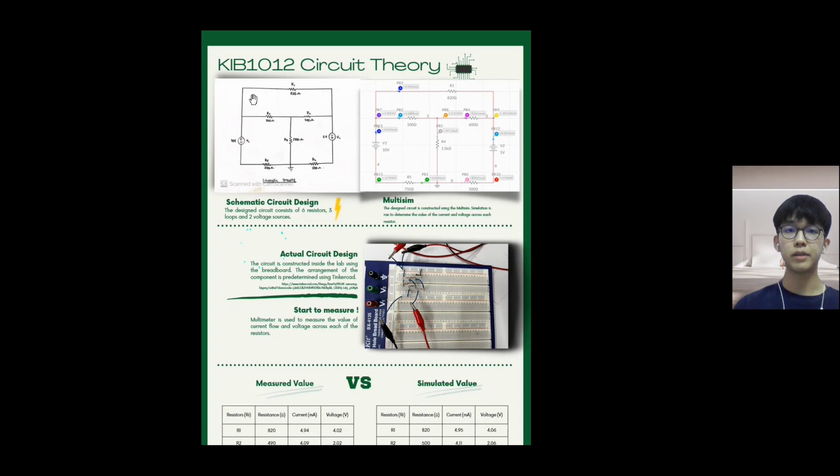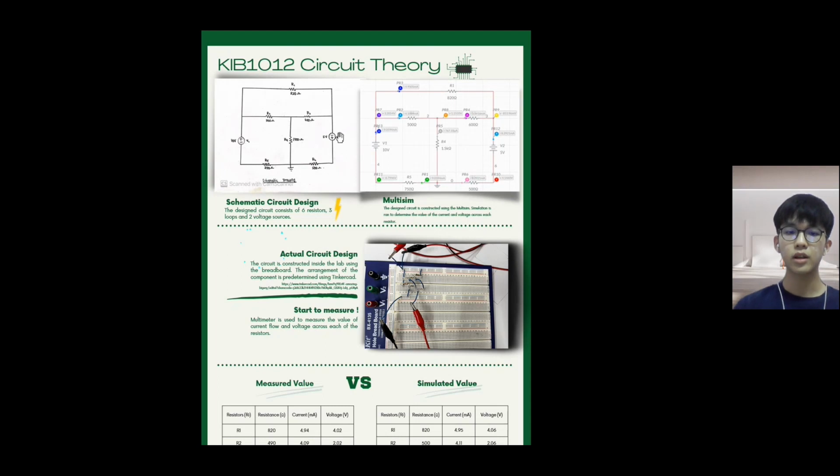First of all, we look at the schematic circuit design. The design circuit consists of 6 resistors, ranging from the lowest of 500 ohm to the highest of 1500 ohm. The circuit has 2 voltage sources, one having 10 volts and the other having 5 volts. And the terminals of the 5-volt voltage source are connected oppositely when compared to the 10-volt voltage source. Lastly, the design circuit has 3 loops, and each of the loops has a minimum of 3